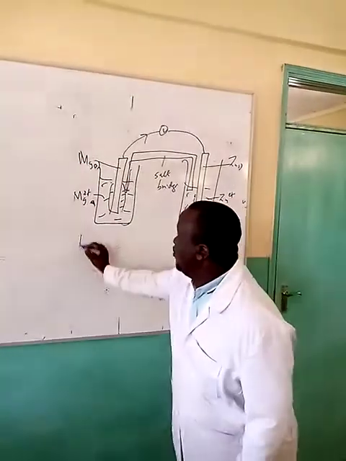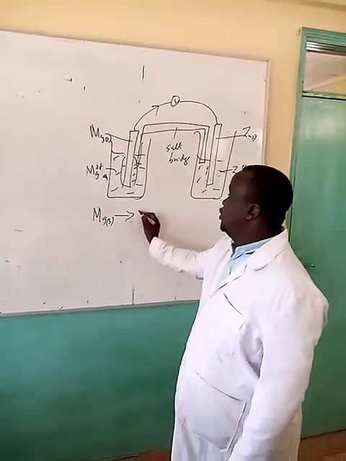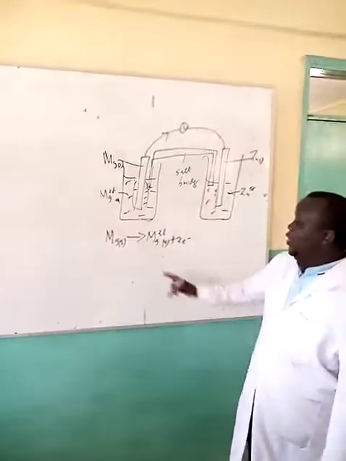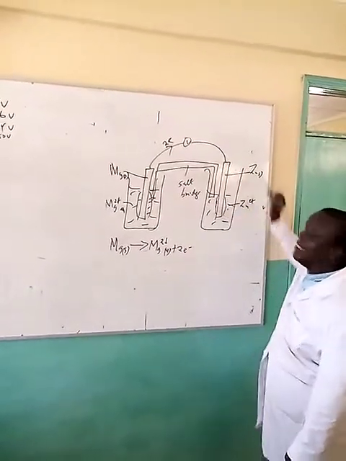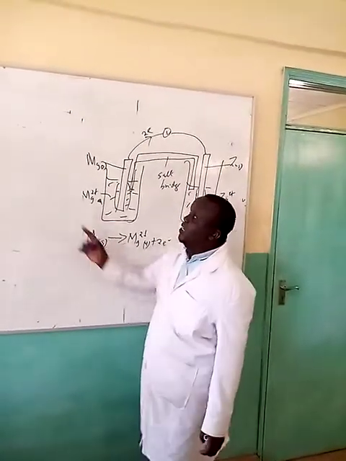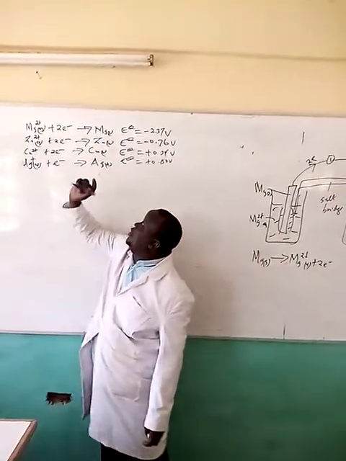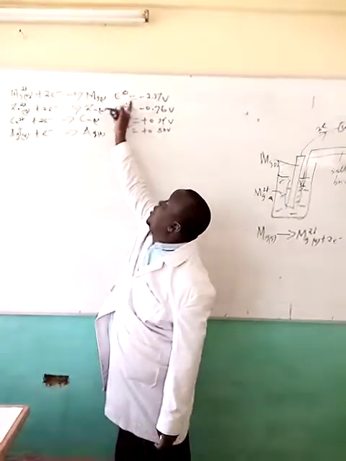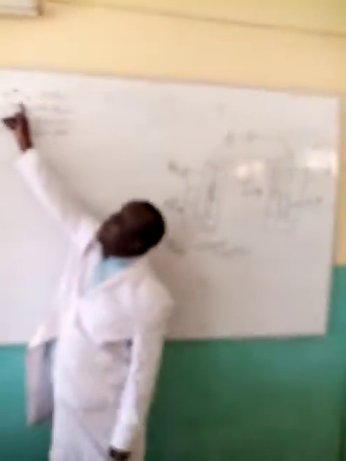In this type of reaction, magnesium solid from the electrode goes to the solution to form magnesium ions by releasing two electrons. It is these two electrons that flow through the connecting wire, and they pile up at the zinc half cell. If you look at the electrical potential of magnesium in the table, magnesium ions are accepting electrons to form magnesium solid. So magnesium ions are being reduced to magnesium solid. But this is the exact opposite of what is happening here.